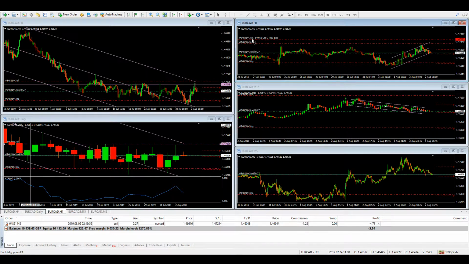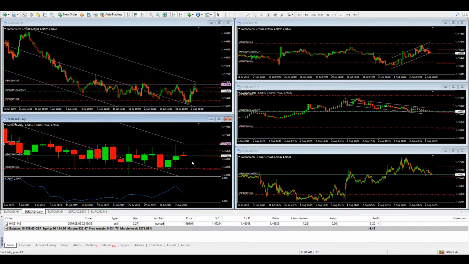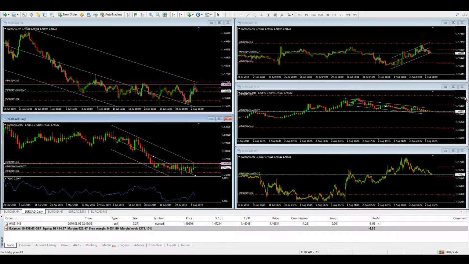So it's 149.60 GBP. Move it down here, it's 69.17. Too much, but I'm going to put it back to where it was. So if I do get stopped out on this, I'll be losing £100 and 63 pence. So yeah, that's this trade. I'm going to see how this plays out.